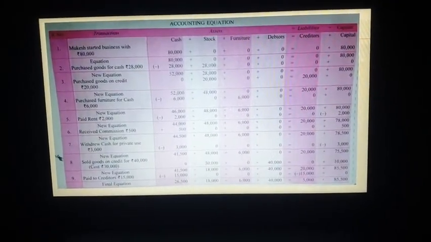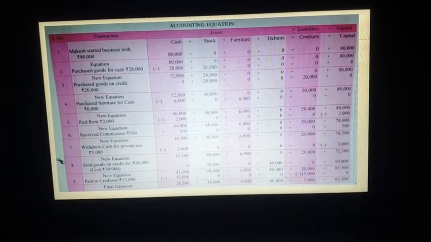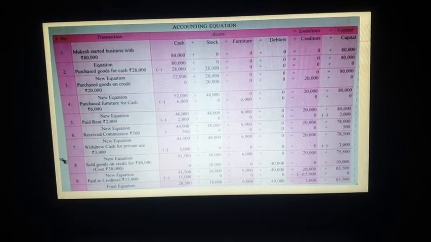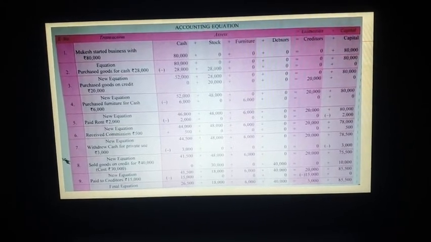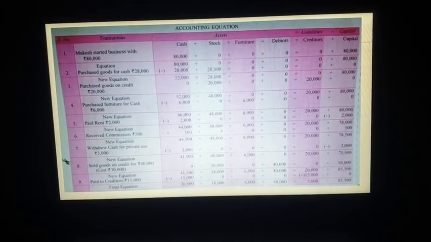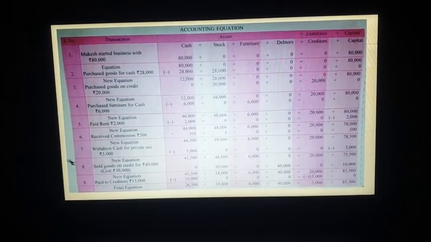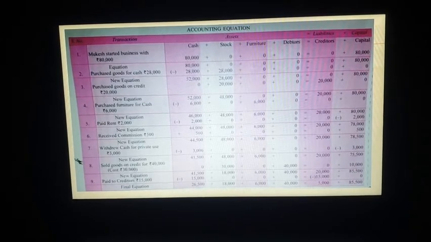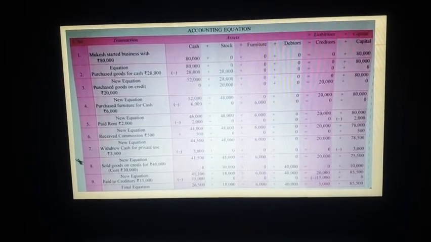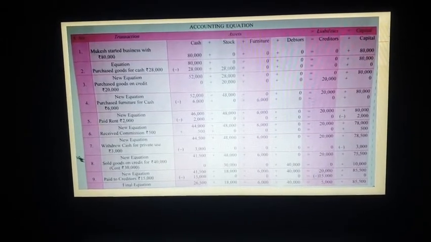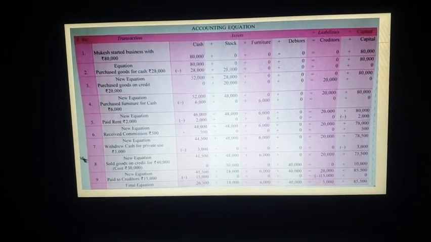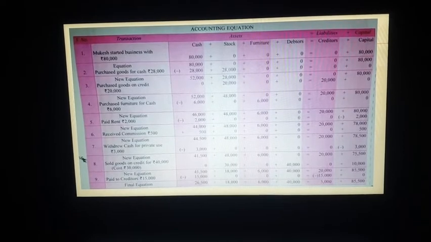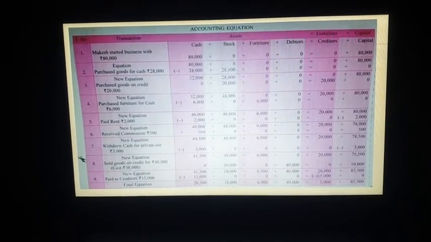In point number 8, stock will be decreased by 30,000 because we are selling the goods, and if we sold the goods, then goods reduce the stock. That payment is still to be received, so 40,000 is shown under debtors. And the difference of these two is a profit for the business, and that will be added to the capital. So three effects: 30,000 will be deducted from stock, 40,000 will be added to debtors, and 10,000, the difference of these two, is a profit for the business. It will be added to the capital.